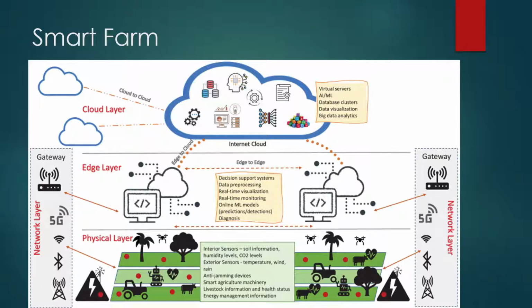Here is an example of a smart farm with its different layers. They are relatively new in the field of cyber physical security, cyber physical systems, but there is a lot of potential for what these internet-enabled devices can help them with,